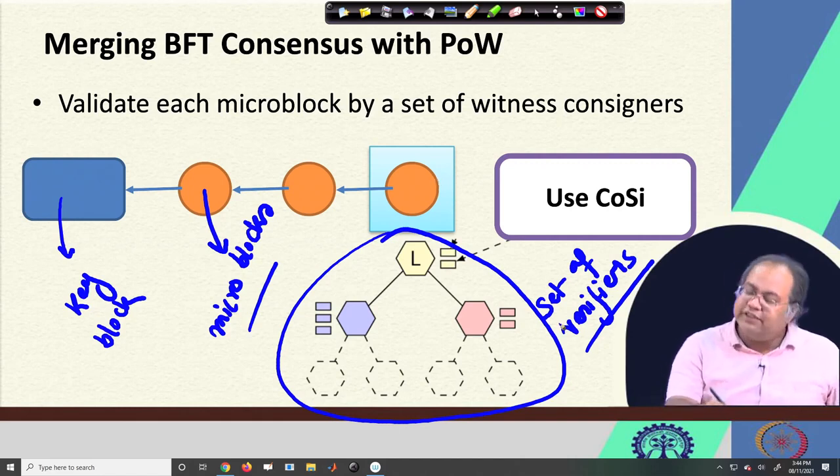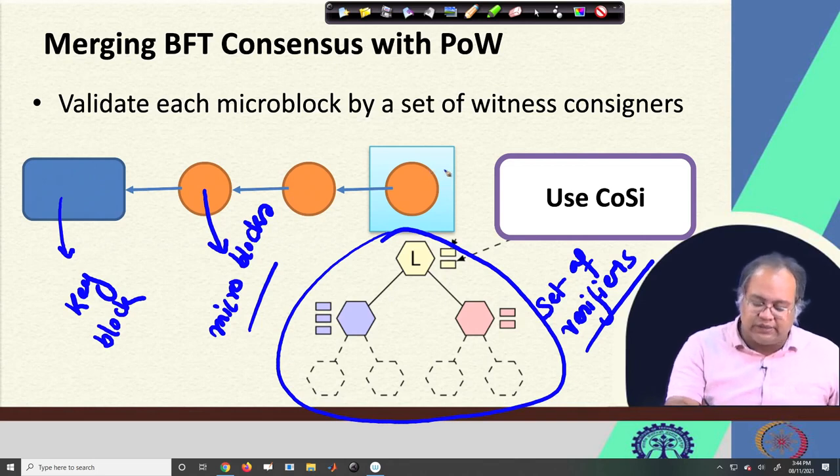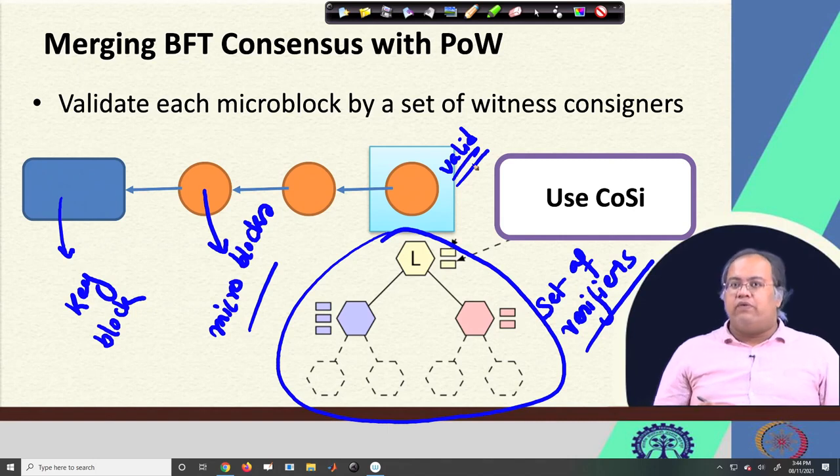If they verify that this microblock is correct, they are going to put a collective signature on this microblock saying that all of us, or at least the majority of us, are certifying that this microblock is a valid microblock. Now, here you see that the moment I say that multiple witnesses, or the members of the trustee group, collectively verify and collectively sign a microblock,